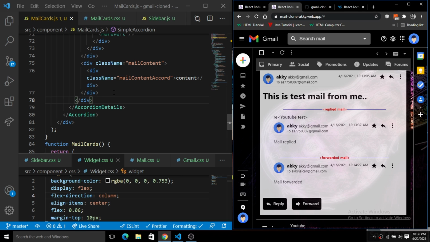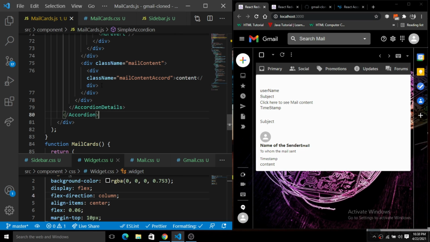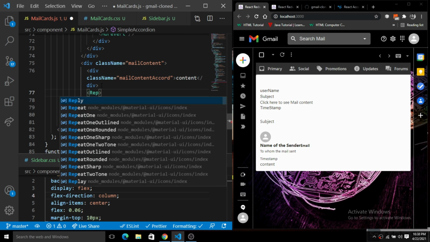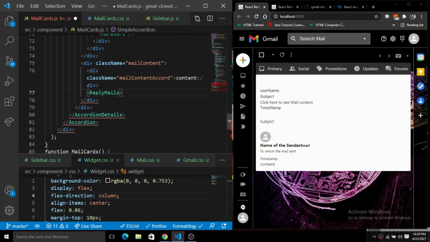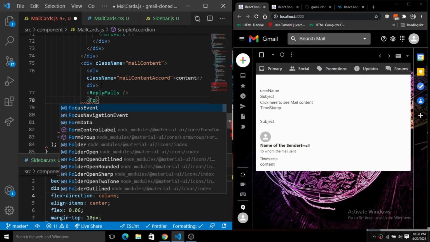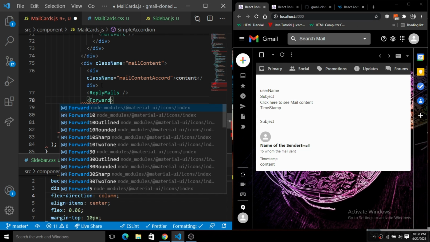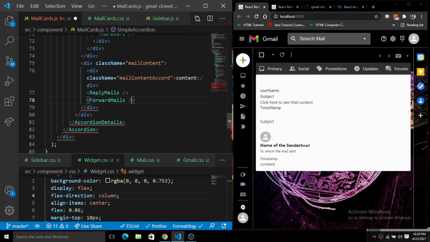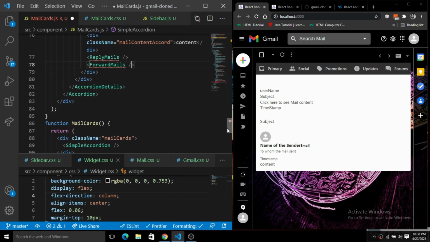So here after this content we will add both of these things. One reply mails component, and another, a forward mails component. Okay, so we will create both of these components here.